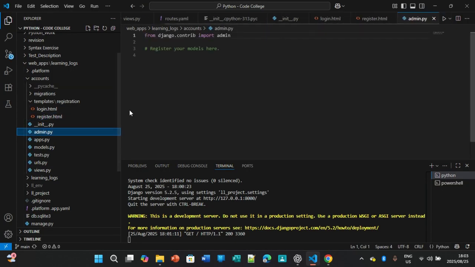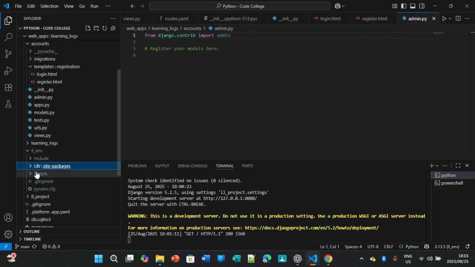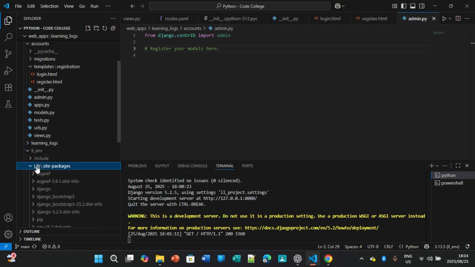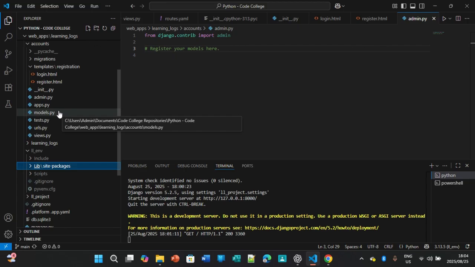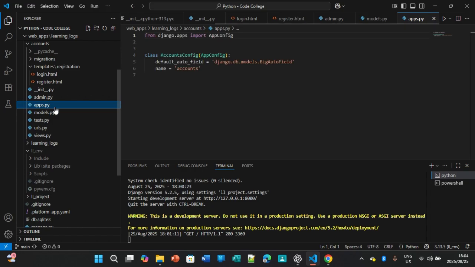You admin, so from Django contrib. The environment actually has a library of everything that stores all the apps, like pip, Django and stuff like that, and all your scripts too. So you'll be able to access it on your project at the drop of a dime, as long as you switch on your virtual environment. So from Django contrib, from your library, you'll be able to import admin and then you can register your models here. Okay, so then you've got your app,